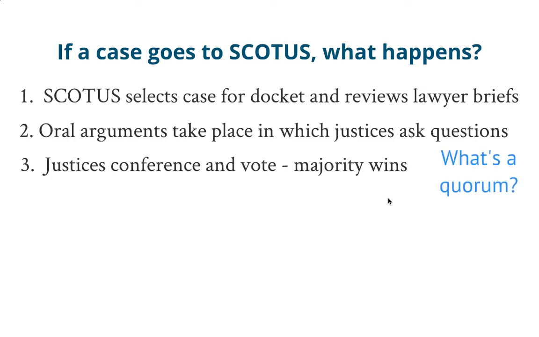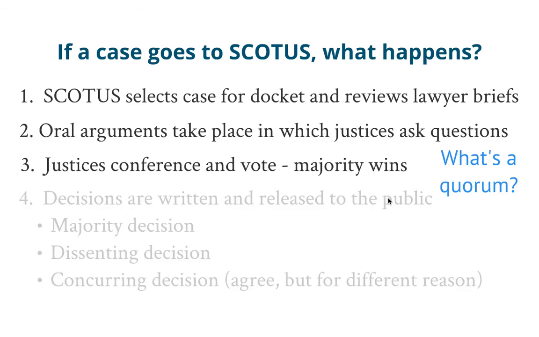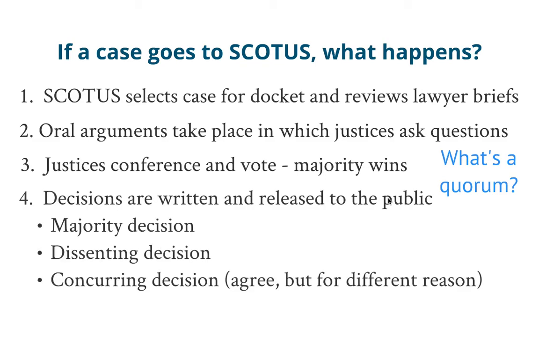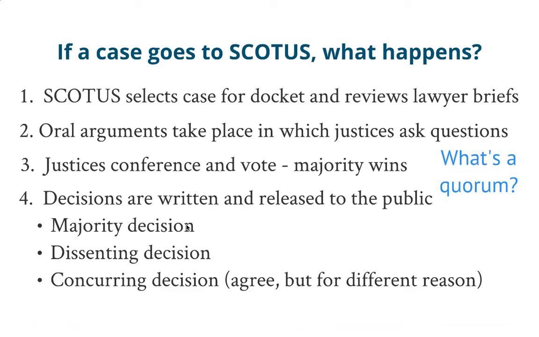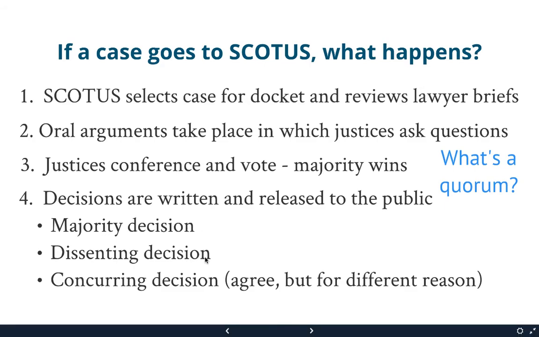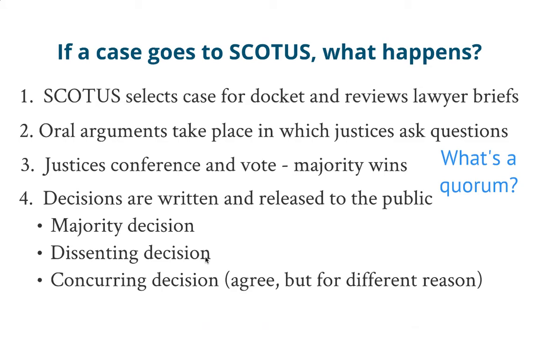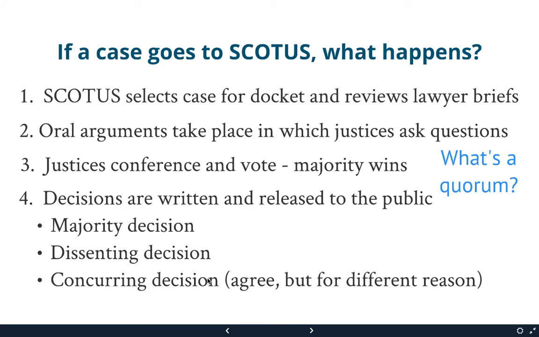opinion that wins. Remember, what is a quorum? A quorum is just a majority of justices that are there in order to hold court. And so, again, like I was saying, their decisions are written and released to the public. The majority decision is the decision that won, that most of the justices thought. A dissenting decision is a minority decision, meaning the least amount of justices thought that. And a concurring decision is a decision that agrees with either the majority or the dissenting, but for a different